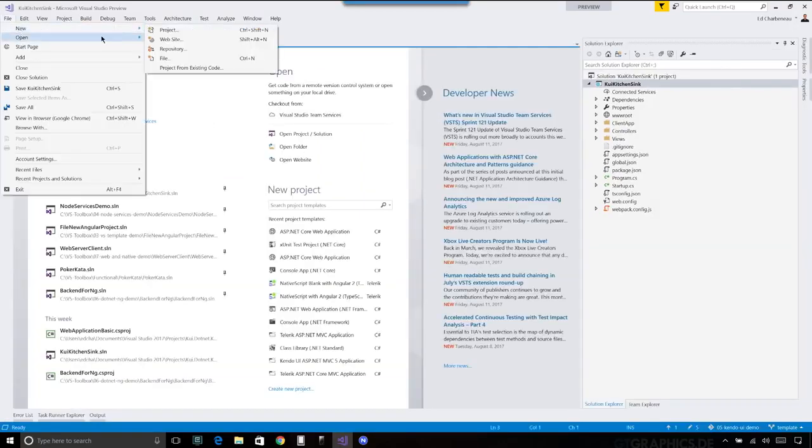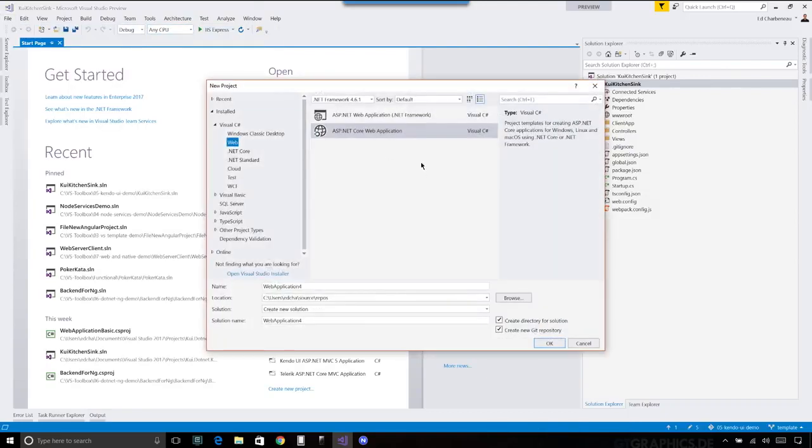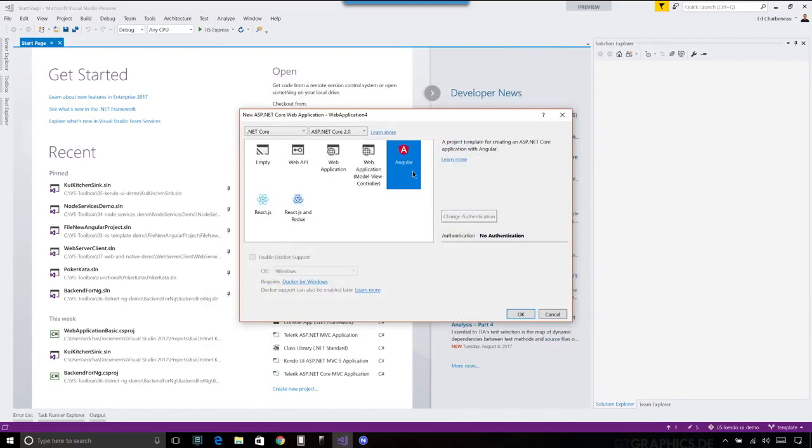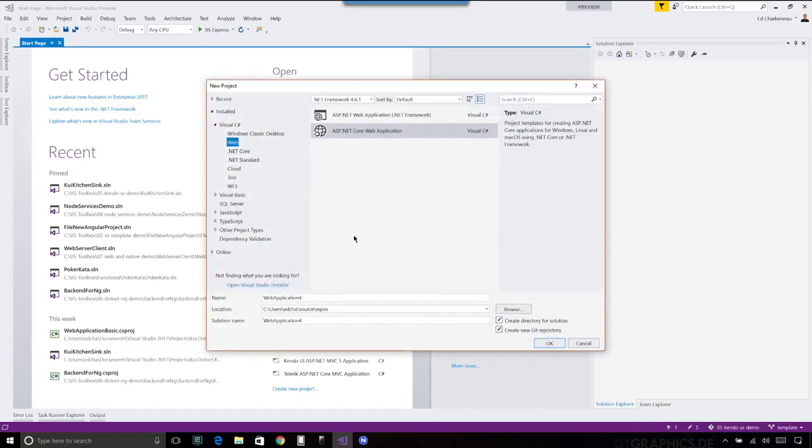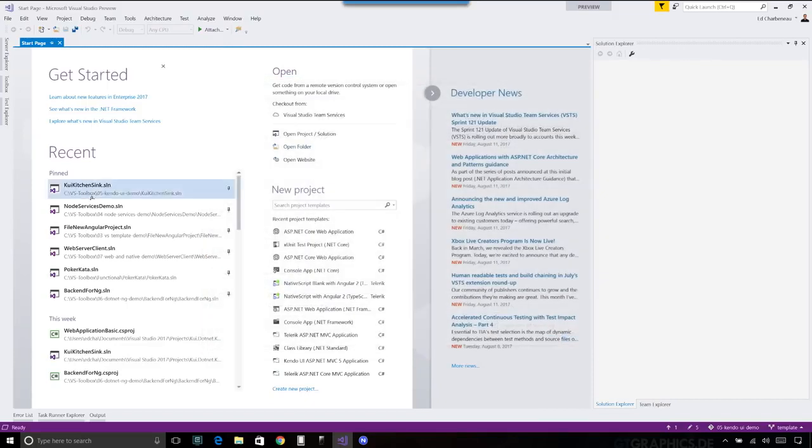Okay, here we go. So we can do File, New Project, ASP.NET Core Web Application, and then instead of choosing Angular this time, we would choose Web API. So that gives us our backend. Once we hit OK, we'd generate that backend, and we'd go into our application,